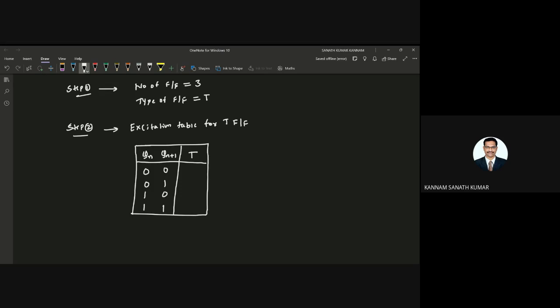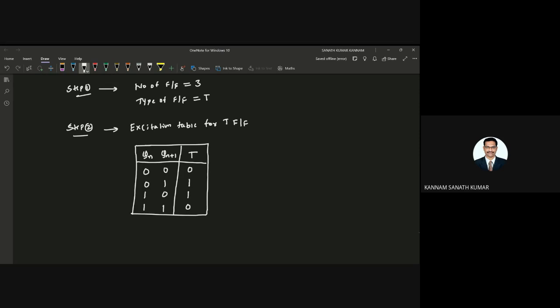When T is 0, you will get the next state as the present state. When T is 1, you will get the toggle state. Toggle state means the complement, that means Qn bar, so Qn plus 1 bar. Okay, this is the excitation table for the T flip-flop.